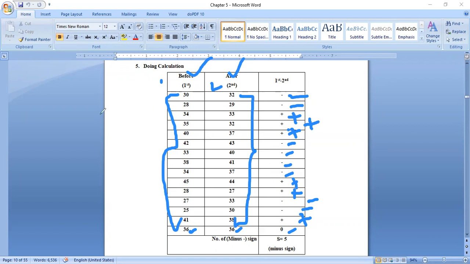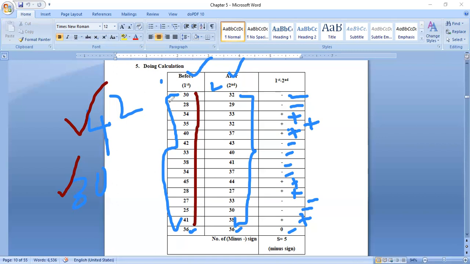In the previous method, the one sample sign test, the mean value or the median value is very clearly given in the question, like 42 or 30. Any number will be given in the question directly. So we compare with the single values. But in this question we are comparing before values and after values, then giving the sign. So we got 36 minus 36, that is 0. Here 0 is written.